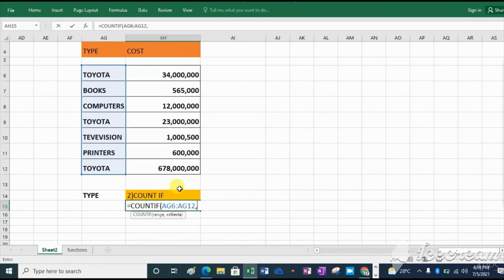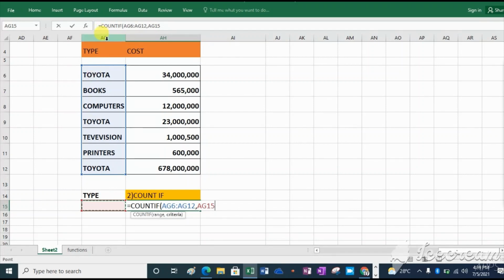Then you put the criteria. The criteria is a cell to take into consideration, where you will write the type, changing the type. Let us use this one, for example, age 15.